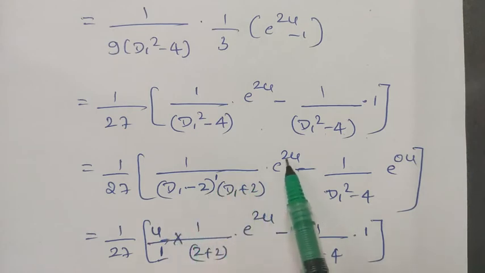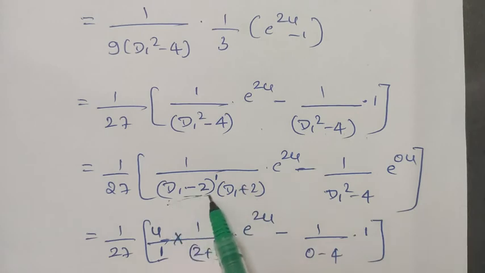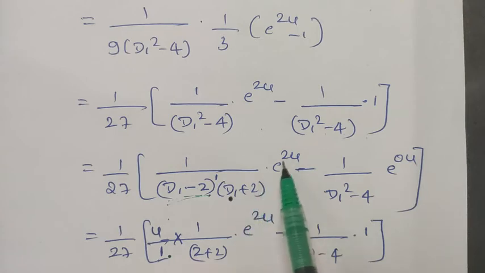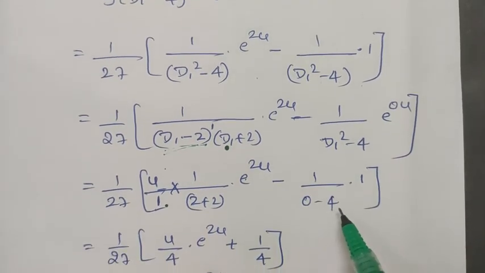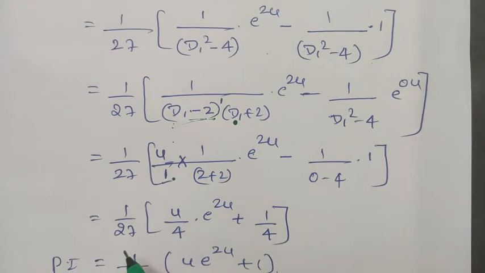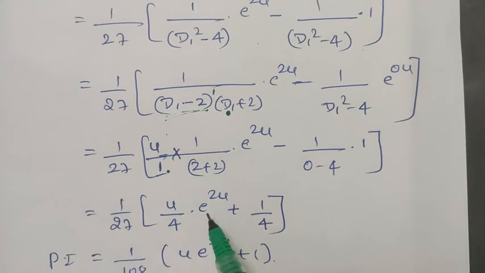Here, see, if you put D equals 2, this term becomes 0. Where it becomes 0, look at its power, and you have to use that here, u to the power of 1 divided by 1 factorial. And in the non-zero term, you have to substitute D1 equals 2. So it becomes 2 plus 2, e raised to 2u, and here you have to put D1 equals 0, it becomes 1 by 0 minus 4. So it becomes 1 by 27, this is u divided by 4 e raised to 2u plus 1 by minus